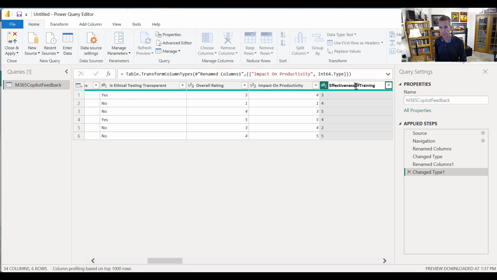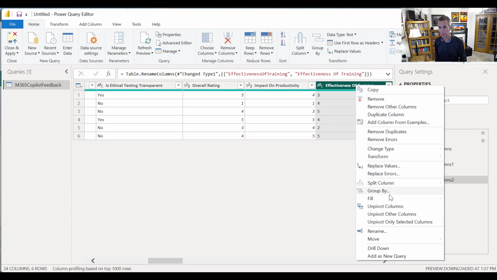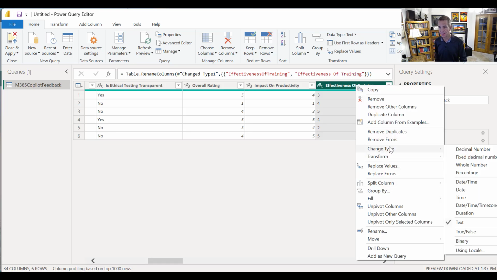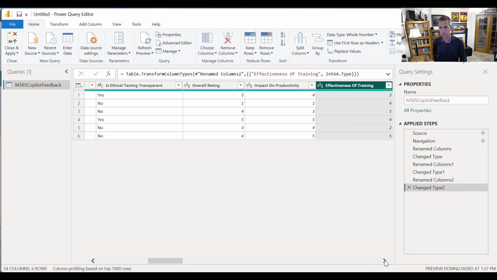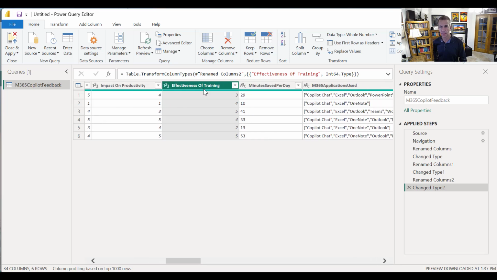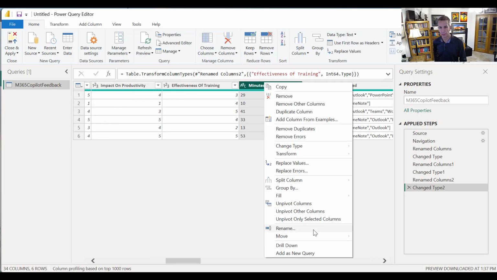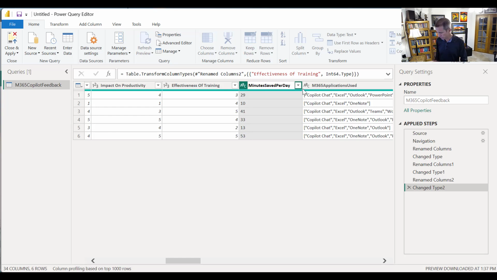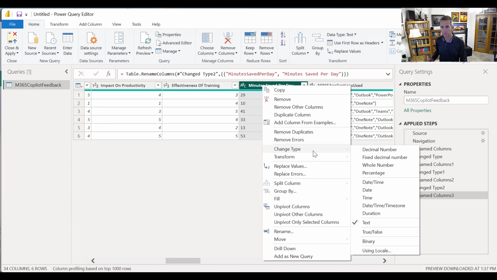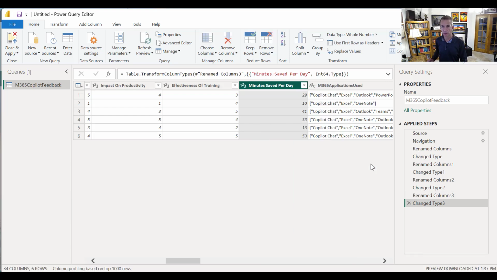So we'll just say effectiveness of training. And we could rename them inside the visualization, but then we have to do it in every visualization. So if we do it here, we only have to do it once. So again, I'll rename that. Minutes saved per day. Again, that'll be a whole number. And then we've got